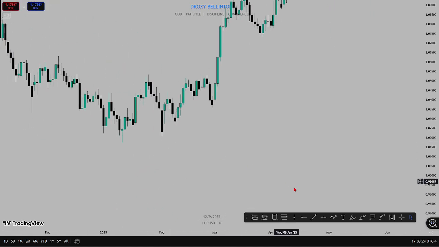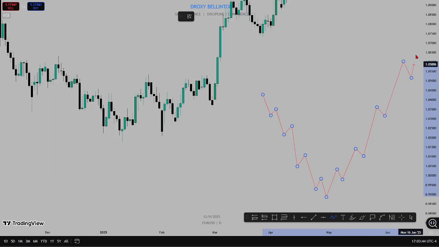Okay, so what do I mean by a breaker block? A breaker block is when price is creating lower lows, lower highs, lower lows, lower highs. Then it changes market structure and creates higher highs, higher lows, higher highs, higher lows. At the moment it took the liquidity to change structure by going above the swing high, from a downside to an upside,